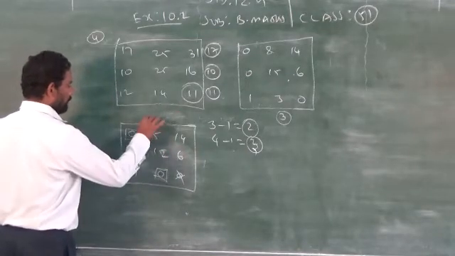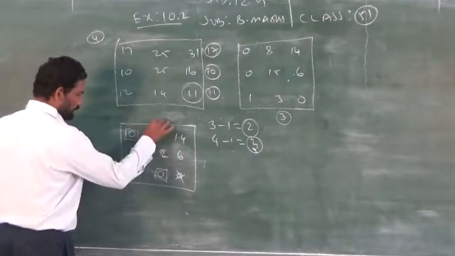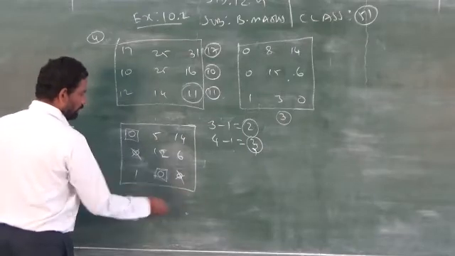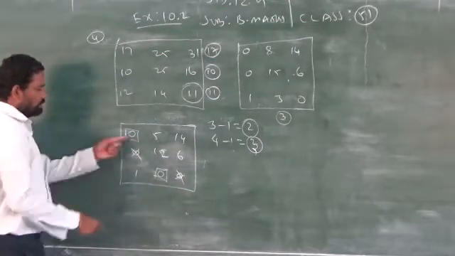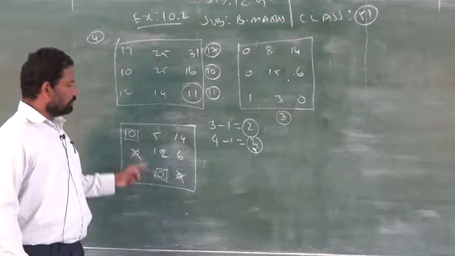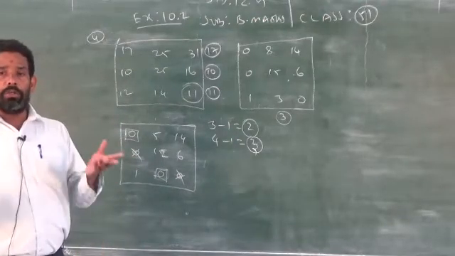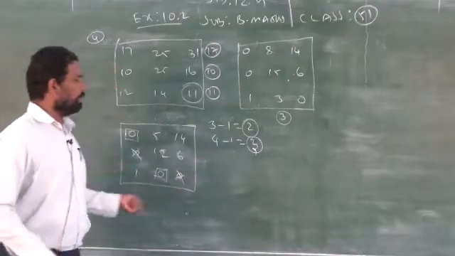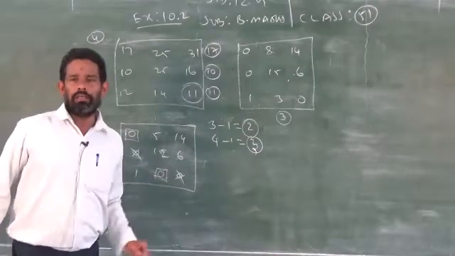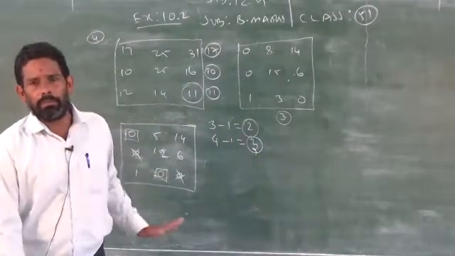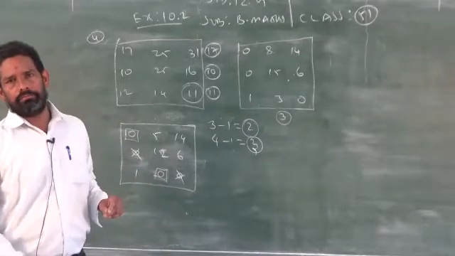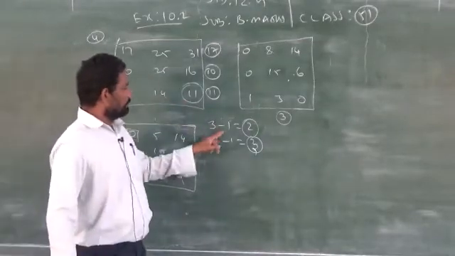For example, I consider this is eliminated, this is eliminated. But these 2 are left. These 2 zeros are not covered by the line. Clear? So don't think that the 2 lines can be drawn anywhere in the table. That is not allowed. 3 rows, so you have to subtract 3 minus 1, 2.